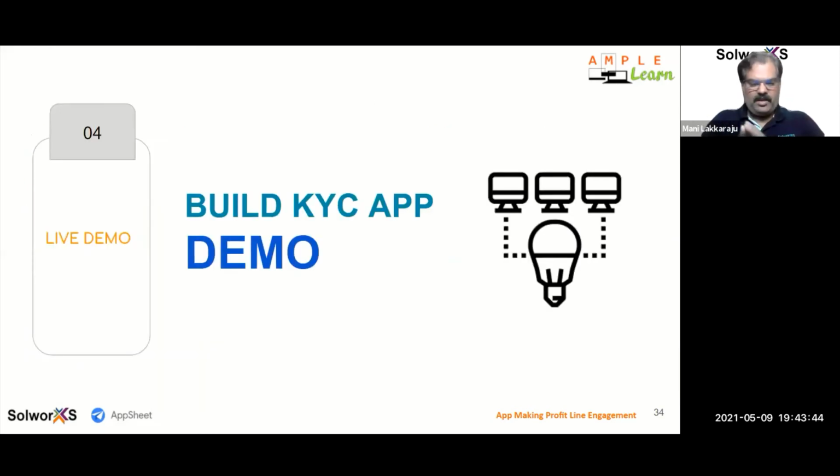So what we discussed at a high level is that AppSheet is a no-code platform. It's easy to connect in 3 steps. It basically